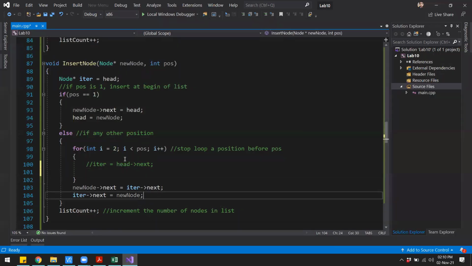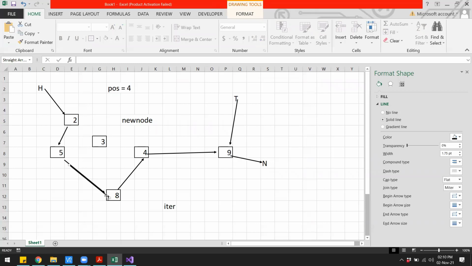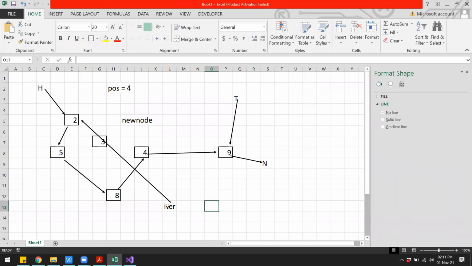So what we can do over here is, in the first line, we are making this iterator point to head, right? So right now, this particular iterator is pointing to the head node over there, right? So both head and the iterator are pointing to the very first node.